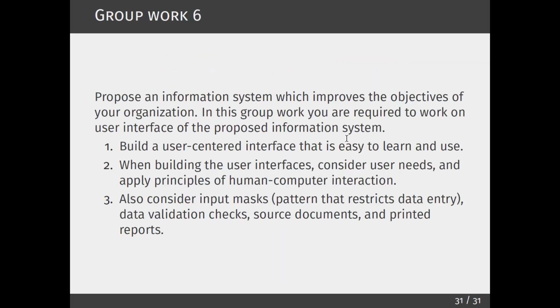Okay, right. I think we have come to the end of the theoretical part of the session. So the next one is we are going